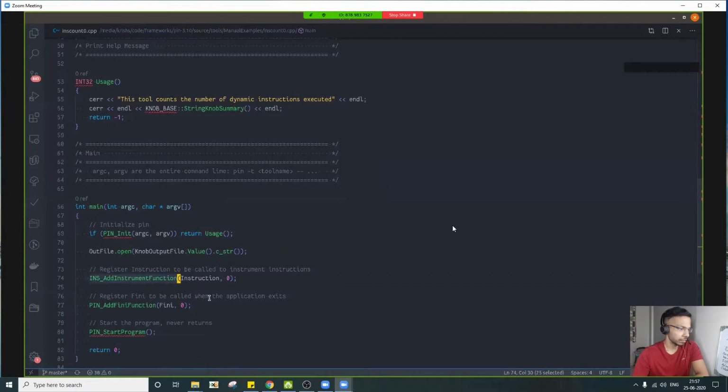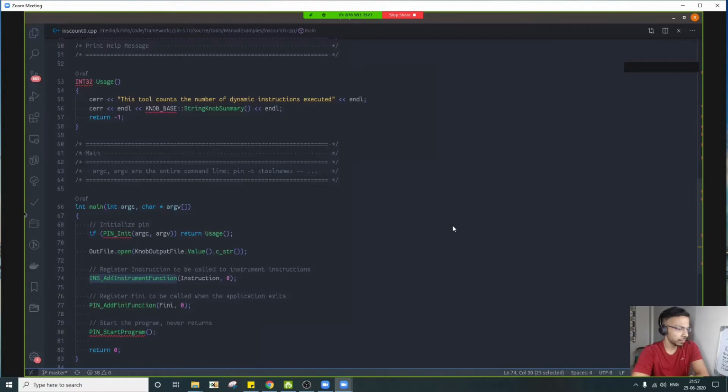Then this is the core function, INS_AddInstrumentFunction. If you carefully observe, the pin API is prefixed with constants like INS or PIN. If I see INS_, then this API is directly related to instrumenting or working with one instruction.